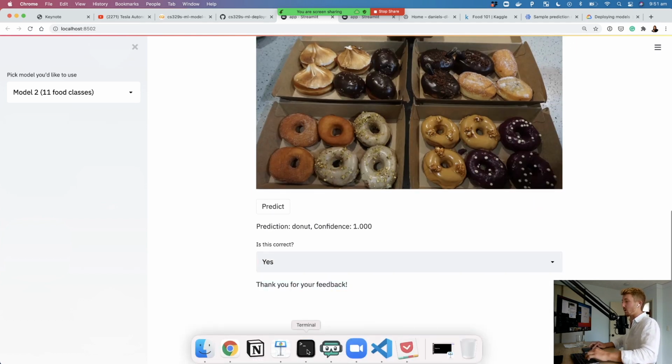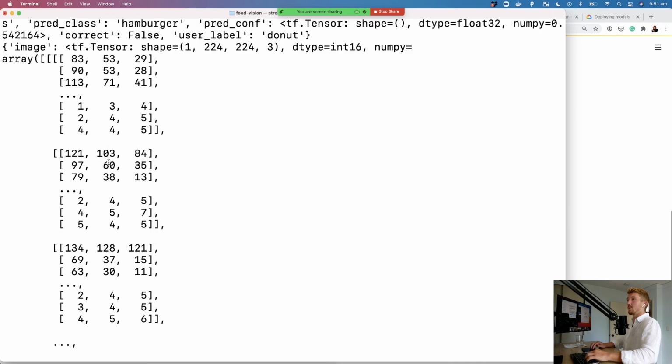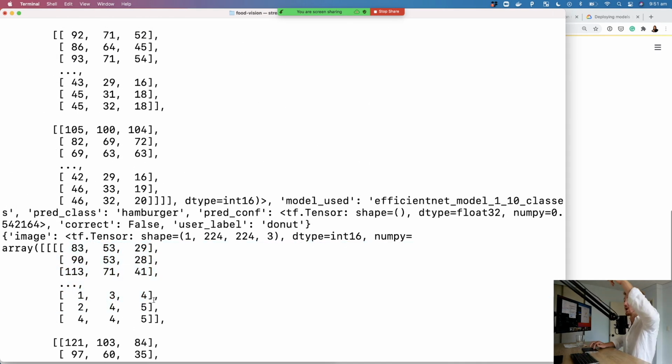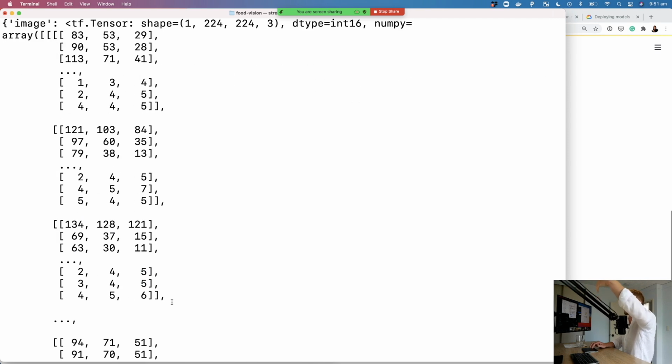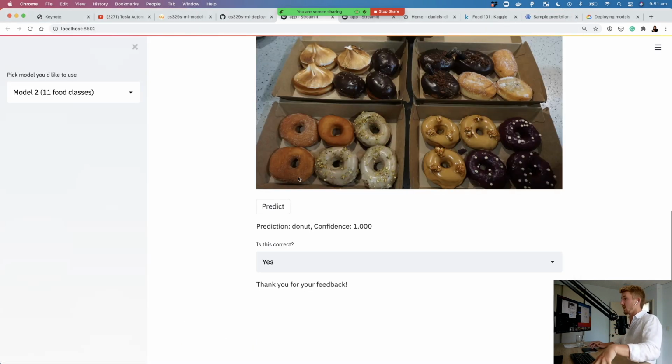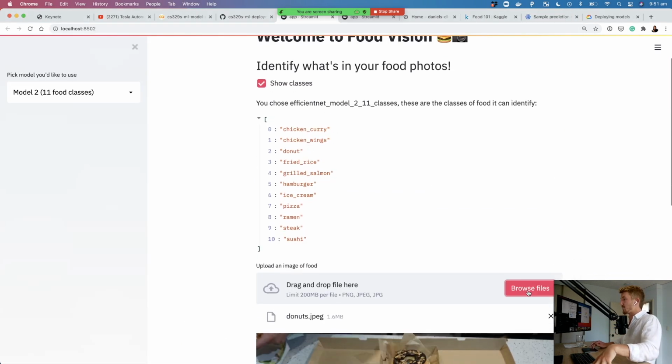We'll come back to terminal. Another log. So we've got the image there. Of course, this is logging in my local terminal. You would probably want to log this in, say, Google Cloud Storage or something like that, or BigQuery. So the prediction class is donut. Is the label true? Correct. So now you're seeing, if your model was to make 100 predictions, you could index on all of these entries, find the ones that are false, and then update them. Finally, what happens if